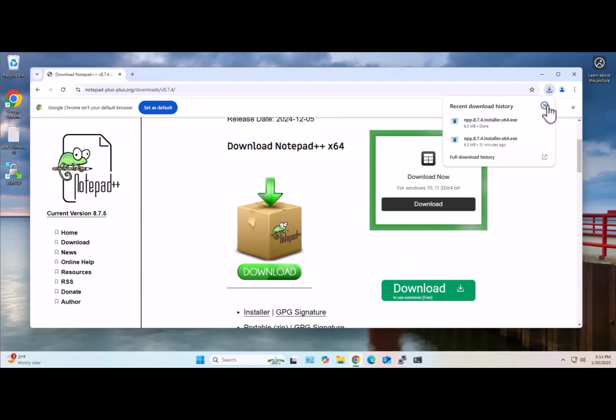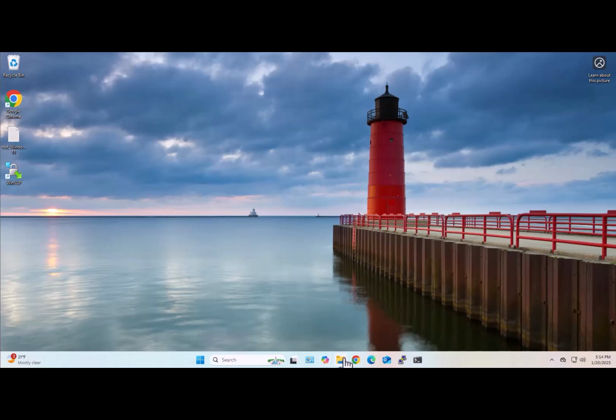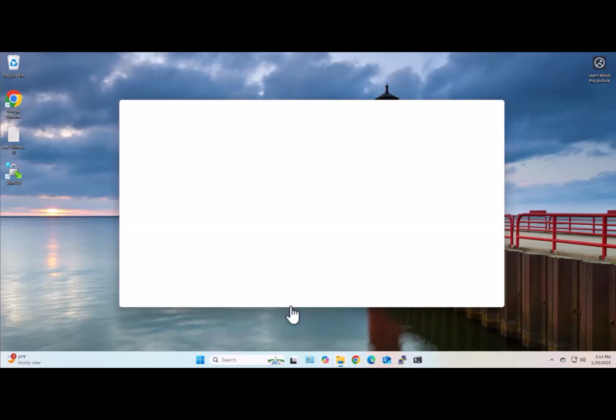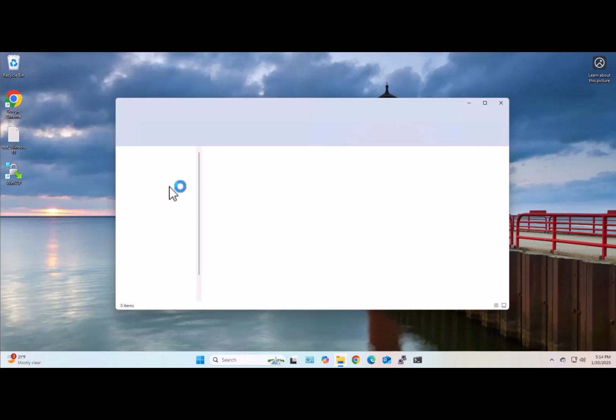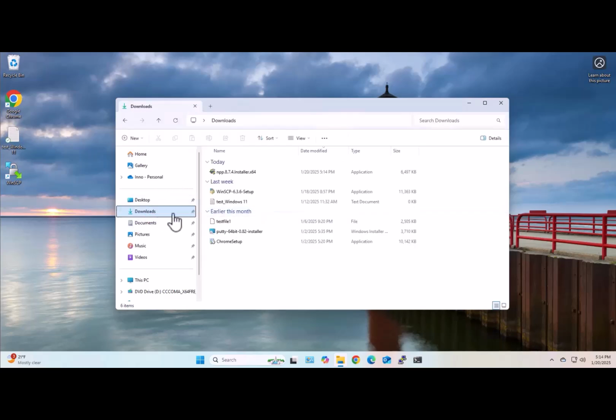And it's done downloading. I'll close this. I'll open the file explorer here, and I'll go to the downloads folder. This is where it's going to be downloaded to by default, and this is the file we just downloaded. To install it, just double click on it,